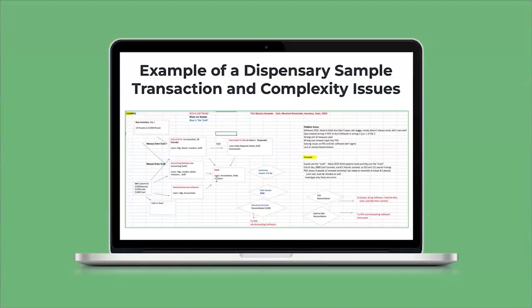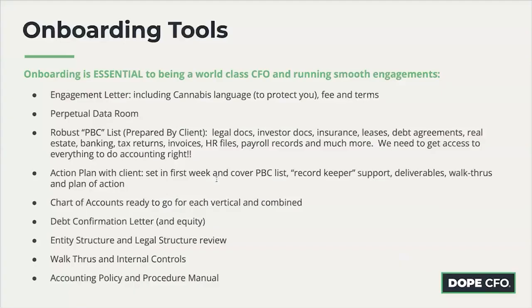This slide is an old one. I won't dive too deep in this. I actually made this almost 9 years ago for a single dispensary client I had. At the time, he just had one dispensary, and I was showing him what a mess it was. One transaction up in the upper left: we're buying a pound of weed, and they've got all these different systems: merchant services, the accounting software, the POS system, the seed to sale system, and on top of that, Excel, and oftentimes having different quantities or pricing depending on whichever system you had to look in. So it could get really messy really quickly.